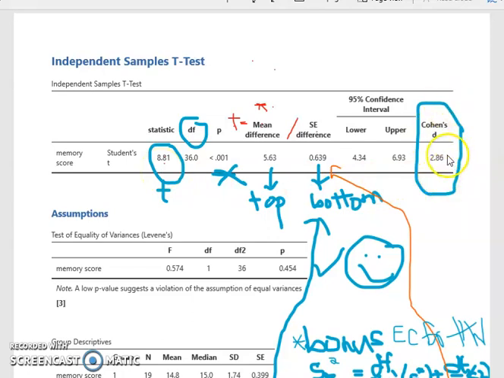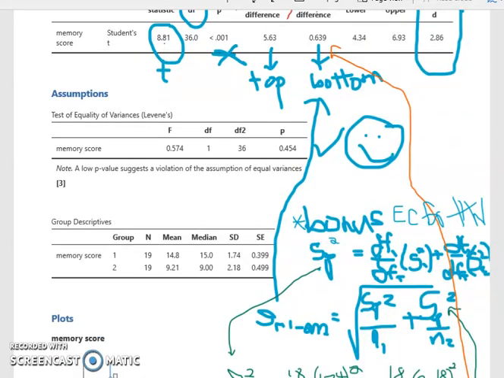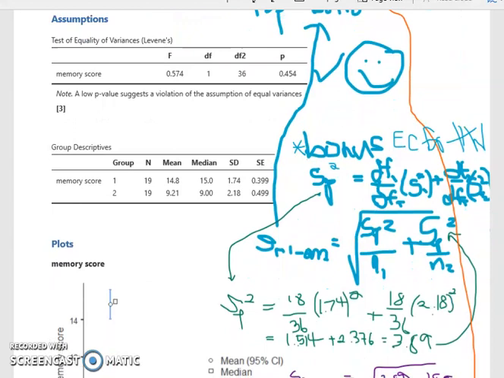Cohen's d is our effect size. It's 2.36. That is large. So we'd say there's a large effect size. This data was great. I had a p greater than 0.05, so that means that I've met those assumptions for equality of variance. Remember, equality of variance is something unique to just an independent t-test when you have two separate